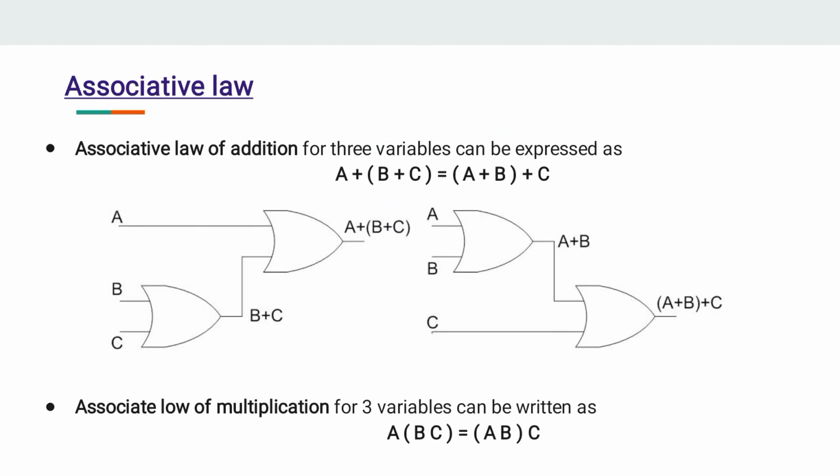The next one is associative law. The associative law is applicable on three variables. So with three variables, how will the math be taken? We have to group the variables without any exchange or without any order. So there is a concept of grouping. When we are adding A plus B plus C, we group B plus C here. When we are adding A plus B plus C, we group A plus B.